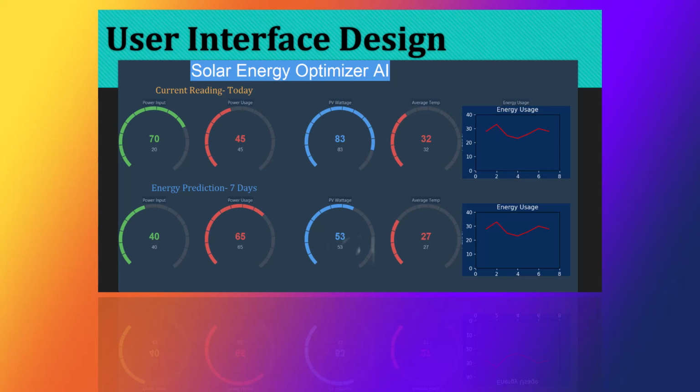And we have energy prediction for the coming 7 days, energy power input, power output or power usage, PV wattage, that's the watt from the battery or from the solar, I mean, and the average temperature. So that's the basic design that the users are going to interact with. It's really colorful, interactive,